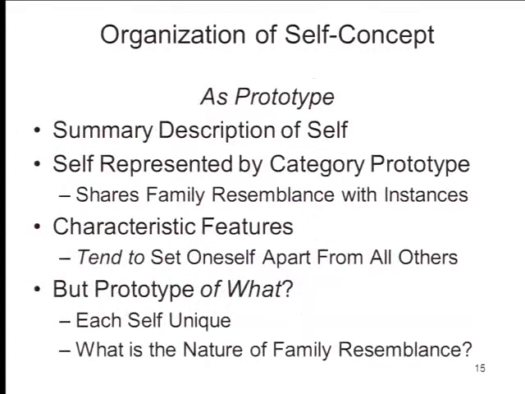What we might want to do, however, is to think about the self as some kind of prototype, as a list of attributes that are not singly necessary and jointly sufficient to define the self, but rather tend to be characteristic of oneself, tend to set oneself apart from other people. And of course, you'll remember from the prototype view, each concept is represented by a prototype. So we say, okay, that's fine. We can think about a prototypical self. And the members of the category share a kind of family resemblance with each other, and the category prototype is abstracted from these. But already you can see what the problem is. If you're going to abstract a category prototype over a number of instances that share a family resemblance with each other, what's the problem?